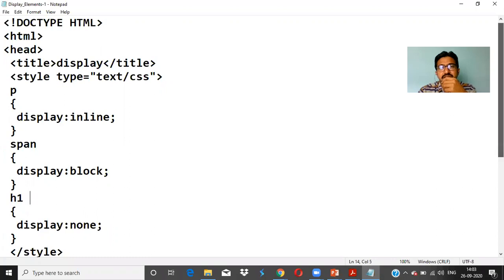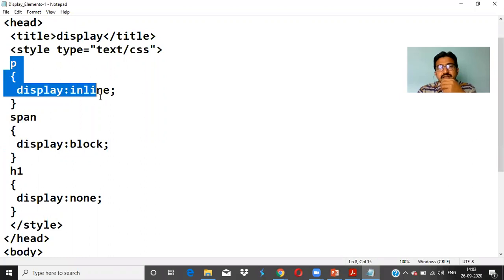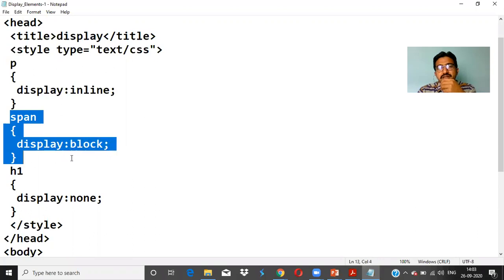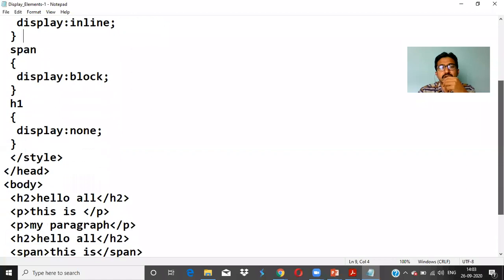So these are the three different selectors I am considering over here. The first selector is the paragraph selector, which is displayed as inline. The second selector is span, selected as block. The third is H1, which is displayed as none. So how many values for the display property? Three values: inline, block, none.